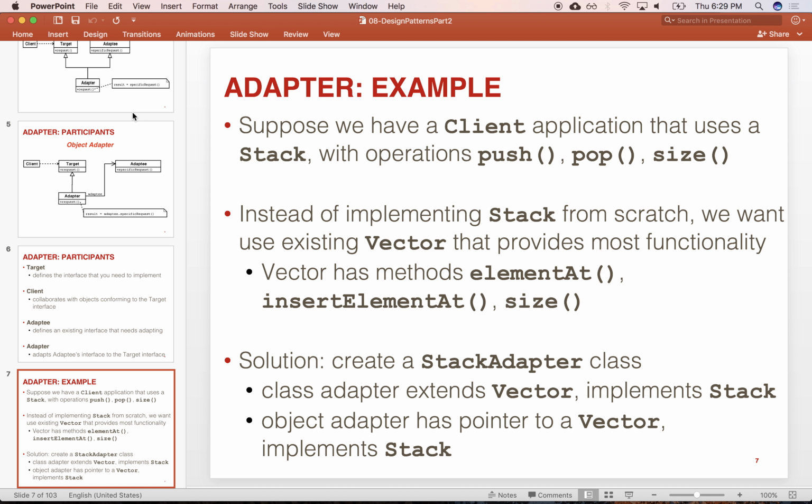So even though the internal implementation of a vector allows you to arbitrarily modify the collection from anywhere, a stack would allow you only to manipulate one end of the collection. We can certainly implement one in terms of the other by just inheriting from vector, and then you can implement push, pop, and size in terms of the functions that we inherit. Our new adapter class, stack adapter, can implement pop, push, and size in terms of the inherited